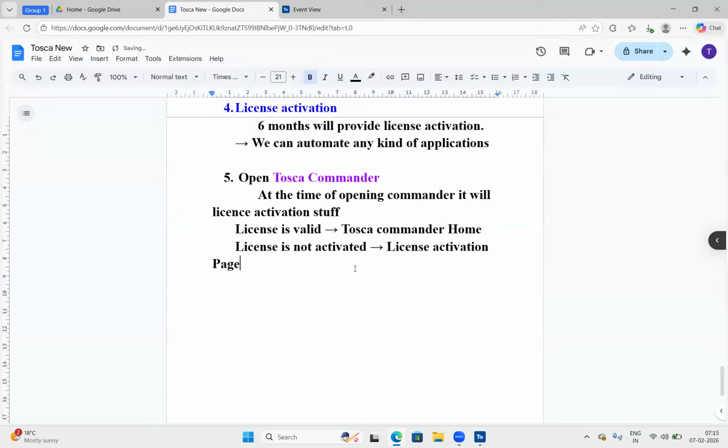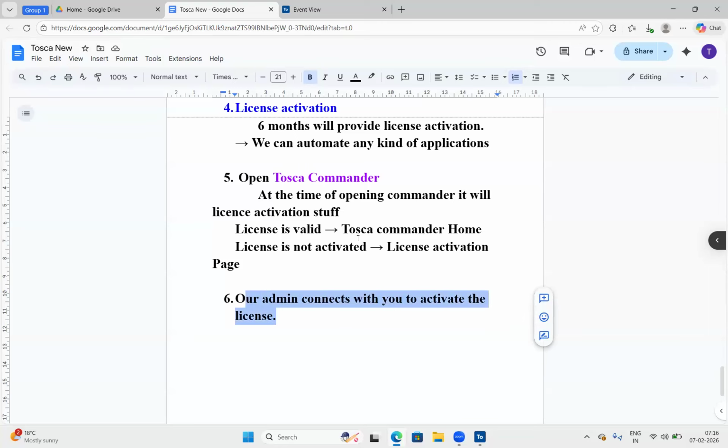Once you are ready for the license activation, our admin team connects with you guys to activate the license.